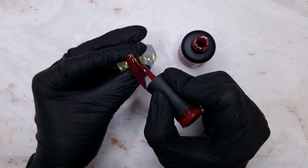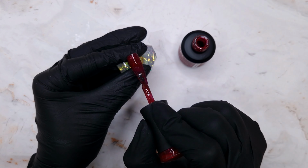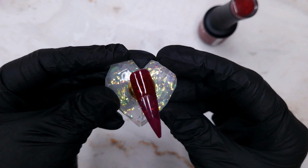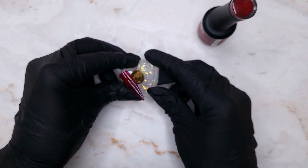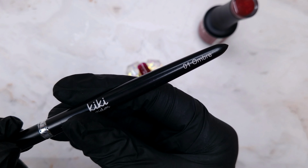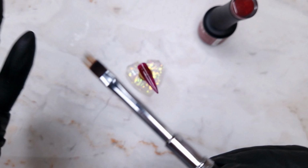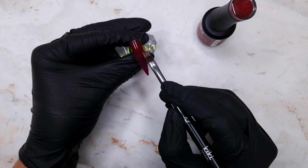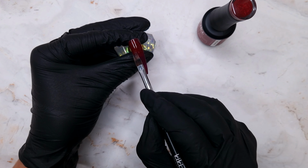So I'm going to move on to the second design where we're going to be doing a glitter ombre with a little bit of hand painted nail art over the top. So I'm going to come in with a small amount of Berry Glitz down at the cuticle area. And I really loved how this looked with that jelly effect that's in the Wine With Me. So I'm going to pop this down at the cuticle area, just take it down roughly halfway down the nail,